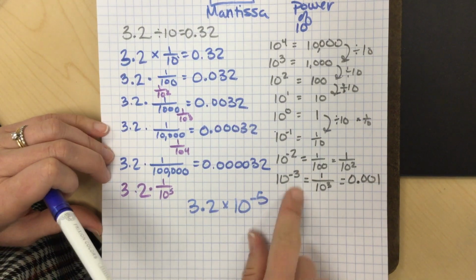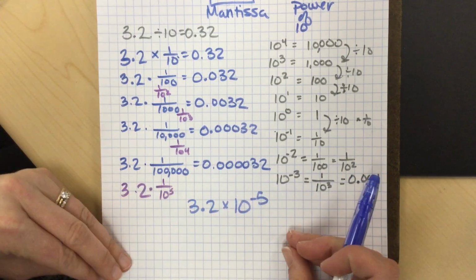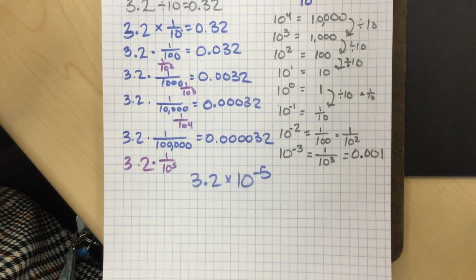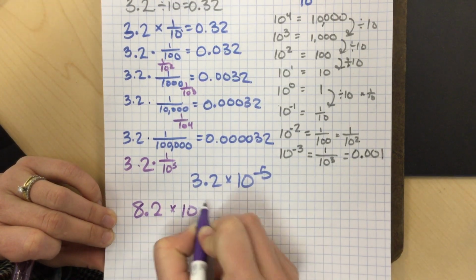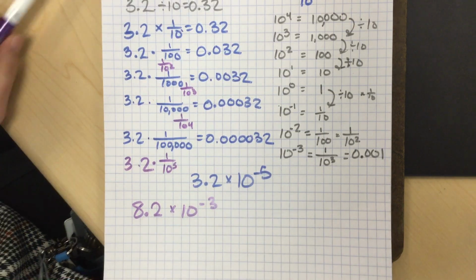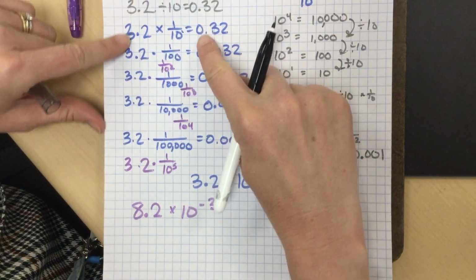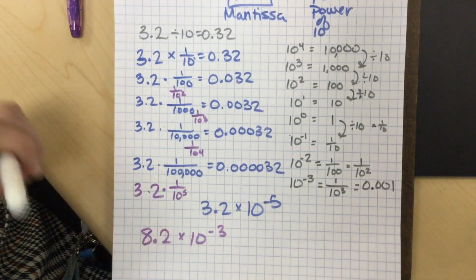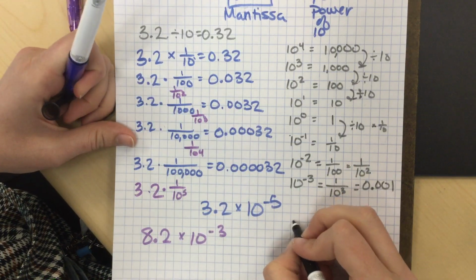I would continue with this pattern and see that I get a negative exponent in order to represent a number that is very small. So just one more time, I want to show you another example. This time we'll use 8.2 times 10 to the negative 3rd. I can do all of these steps again, but let me go back and show you with 3.2 times 10 to the negative 5. If I had this number here to start with,